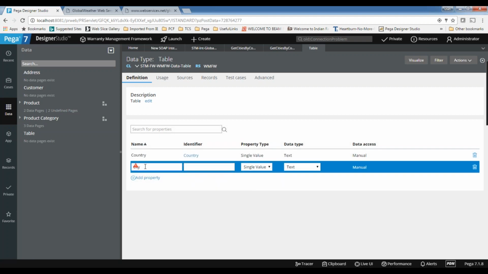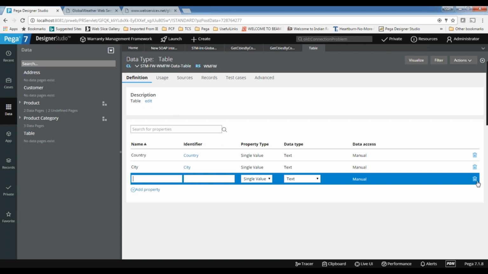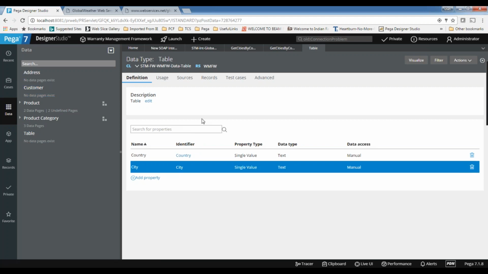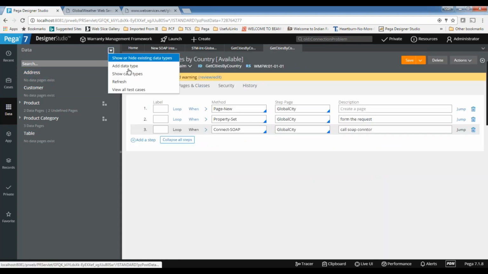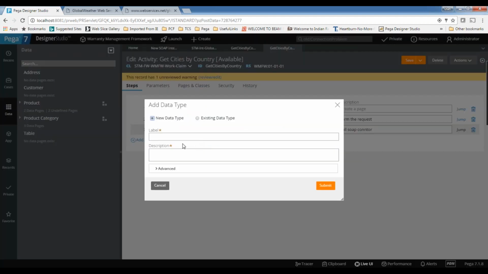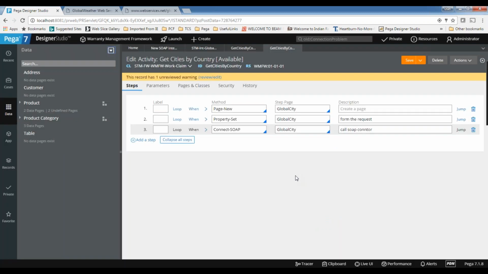This is city. So I am creating two properties, country and city, in the table, and then I need to create one more. This is done, and then I need to create one more class called new data set. This is also the same. Done. Submit.